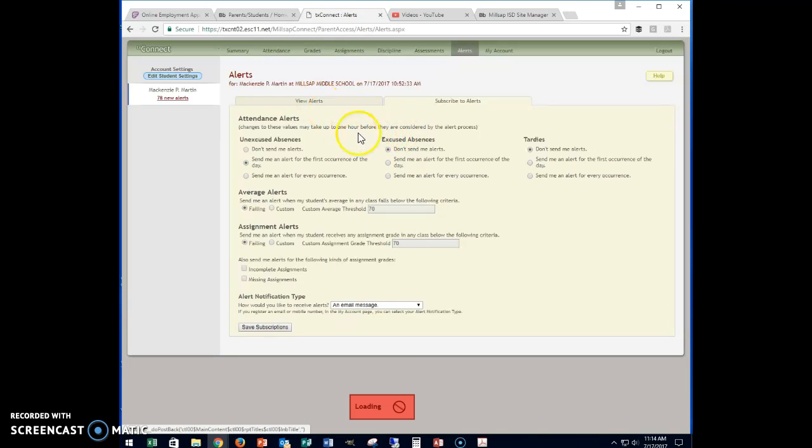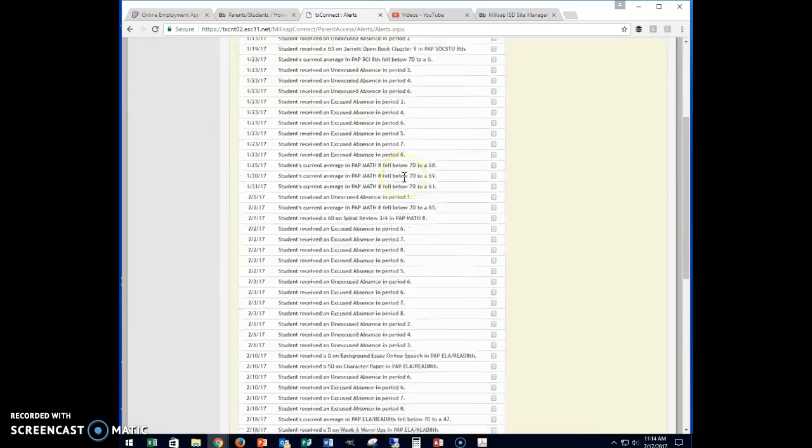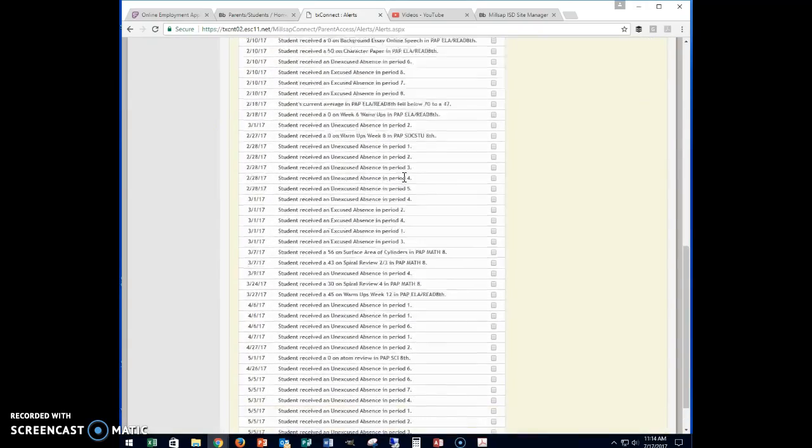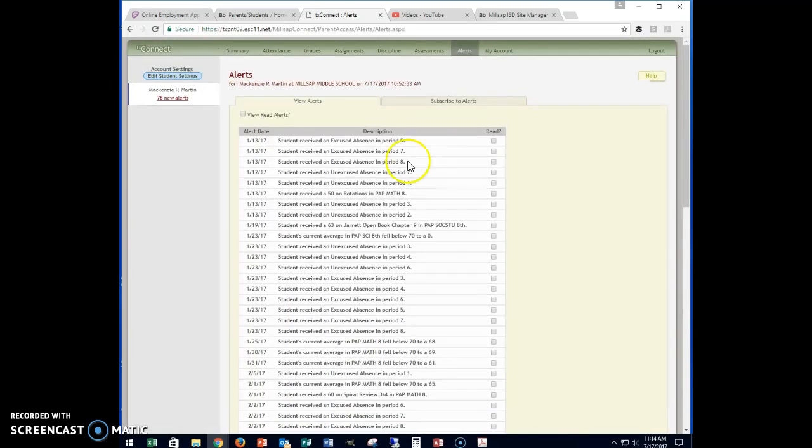And of course, the view alerts will show up here as well, and so you can see this individual's alerts here. We left those here for the second semester, so you can see quite a bit of alerts coming here. I'm not going to go into the different things that you can set up here. You can see assessments, you can see discipline reports. There aren't any in here to see in this example. Assignments, you can see assignments that are missed and so forth. Grades, what student grades are, and attendance,